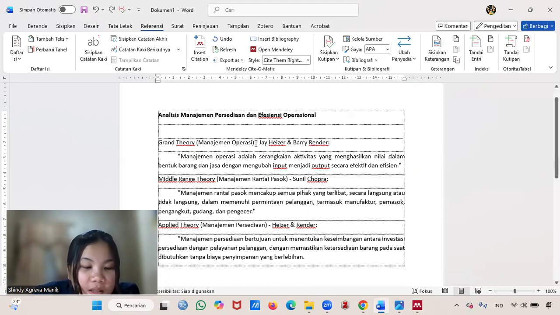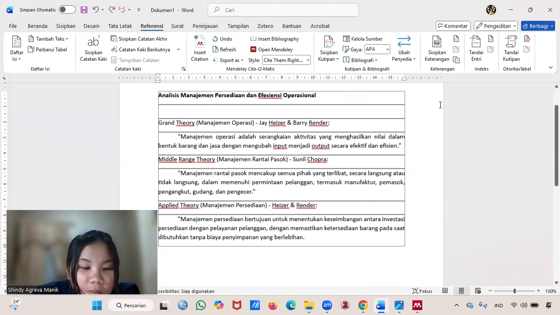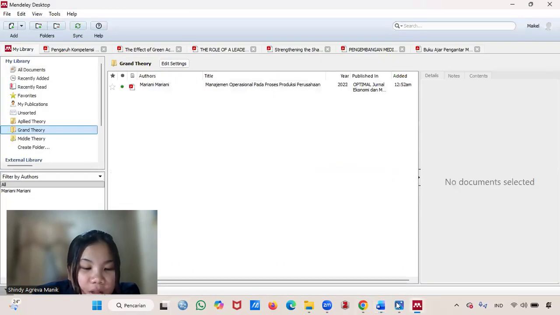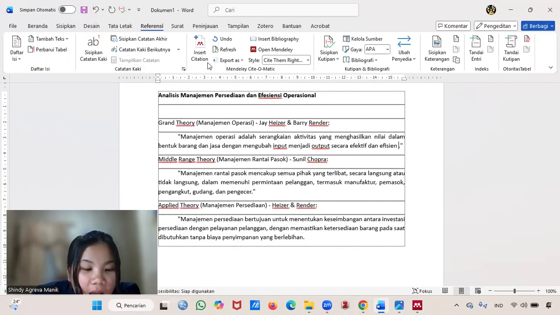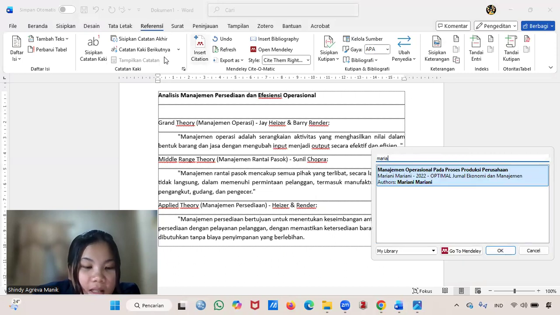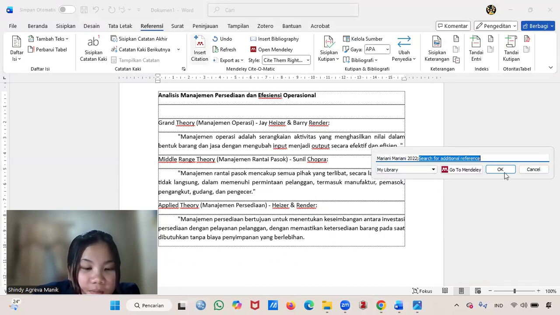I am citing the definition of operations management from the book by J. Heizer and Barry Render. This theory serves as the major foundation for how production activities and value creation are managed. I select their book in Mendeley and click Insert Citation.